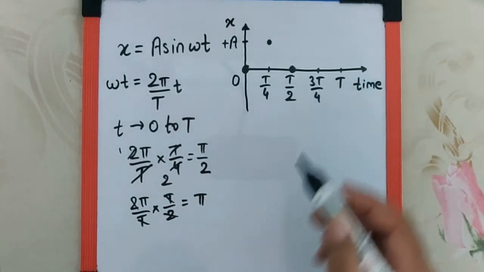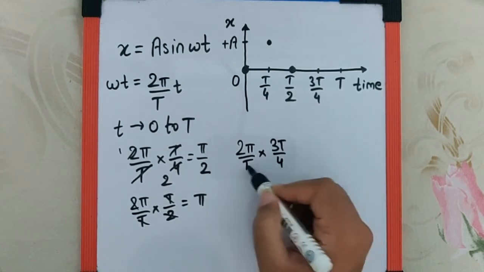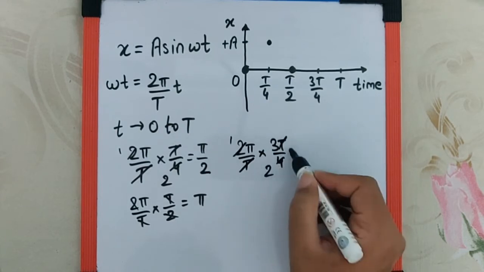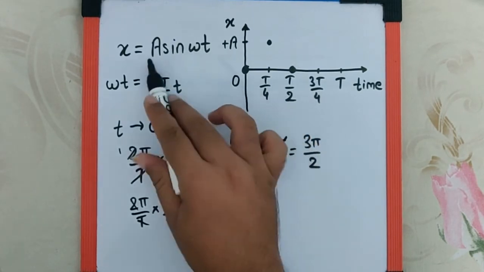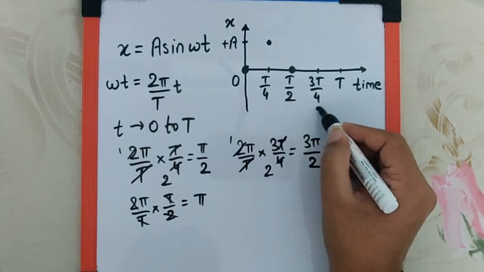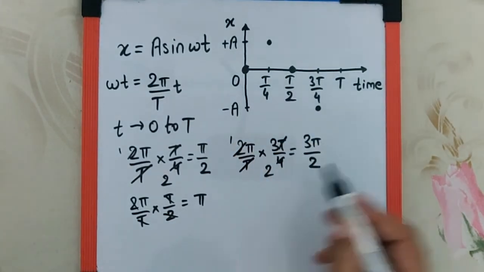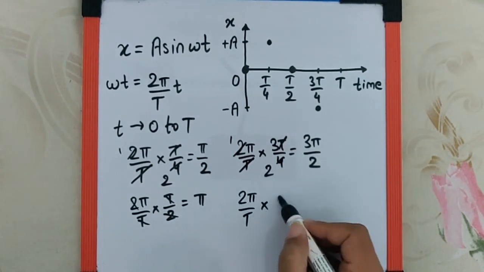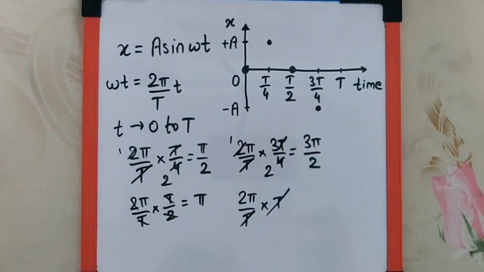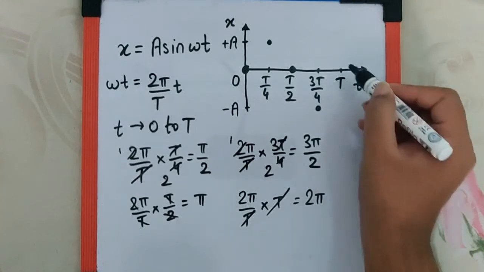Let's put 3T by 4 now. So 2 pi by T into 3T by 4, T gets cancelled, 2 ones are 2, 2 twos are 4, we get 3 pi by 2. Sine of 3 pi by 2 is minus 1, and that makes x as minus a. So let's consider that position over here, which is minus a. Then we have the last time, time T: 2 pi by T into T, the T gets cancelled, we get the angle as 2 pi. Now sine of 2 pi, or sine of 0, is 0, which means the particle comes back to